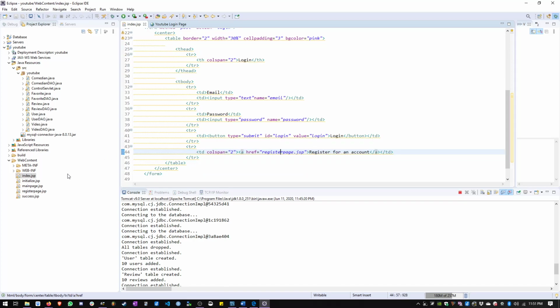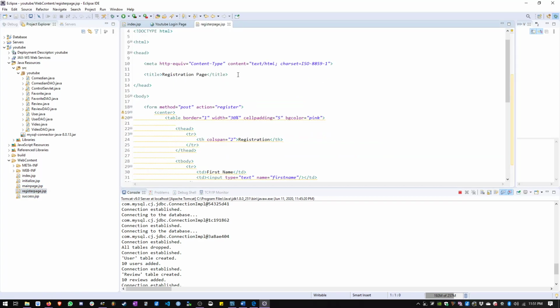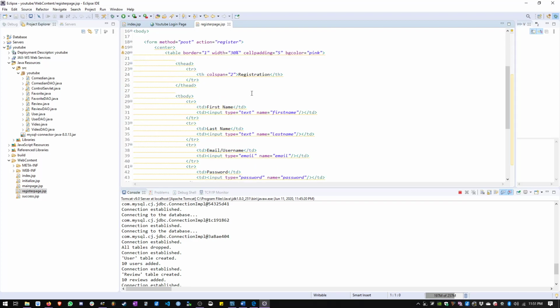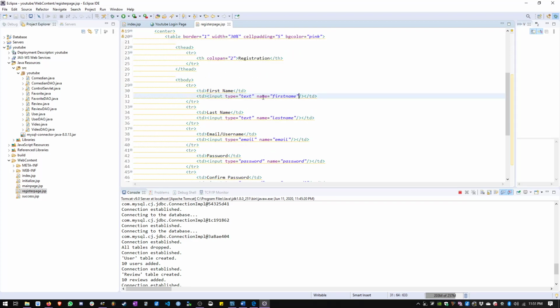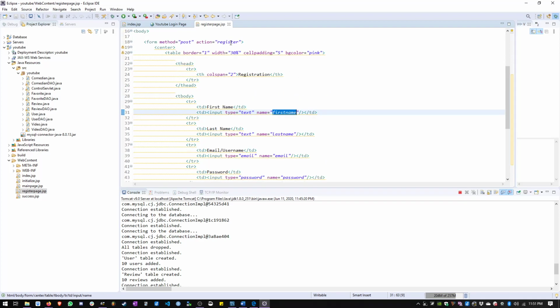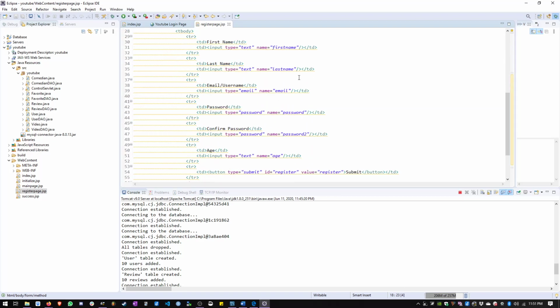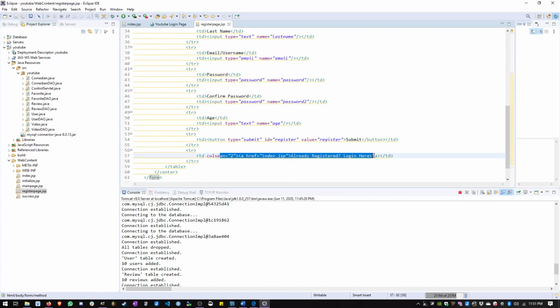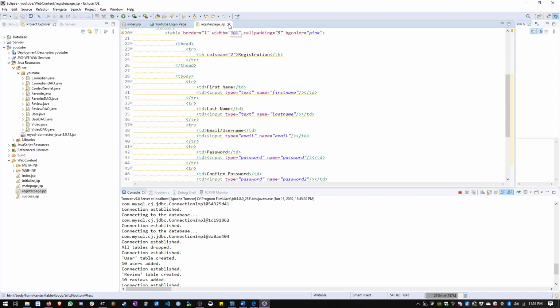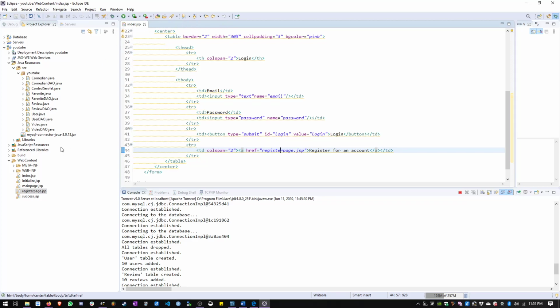I'll quickly pop over to the registration page before we go onto the servlet. So here is the same thing. Mostly, these are similar. You would store first name. It would store whatever name you put into the first name parameter, and the action is register. The method is post. That's key. Down here we have a hyperlink, and another button to submit. Pretty similar. If you go into the servlet, so in our DAOs over here, each DAO basically is a way